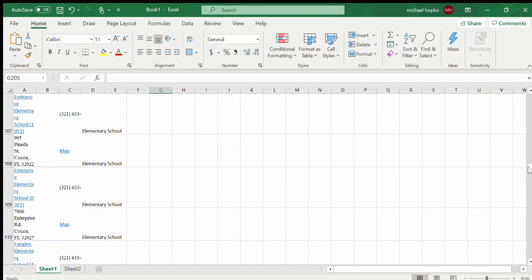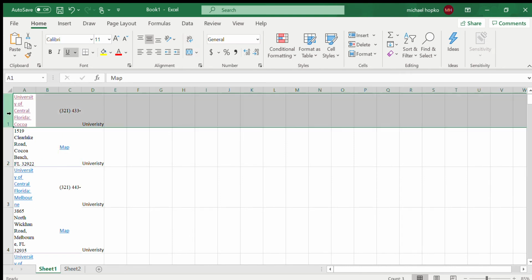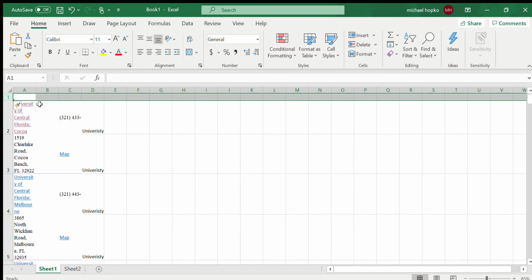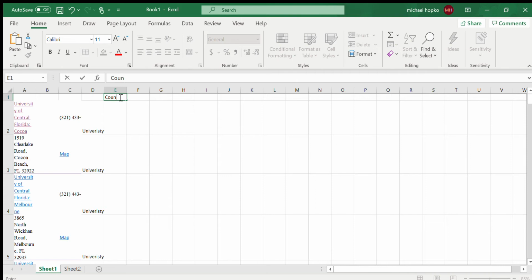So now what we need to do is separate, and this is going to open a link. Doesn't matter. We need to separate this data. So we have for one school in column A and C, but also in row 1 and 2. So we're going to assign a counting variable. So just go ahead and insert a line at the top, and then in whichever row you want to, go ahead and title it count.